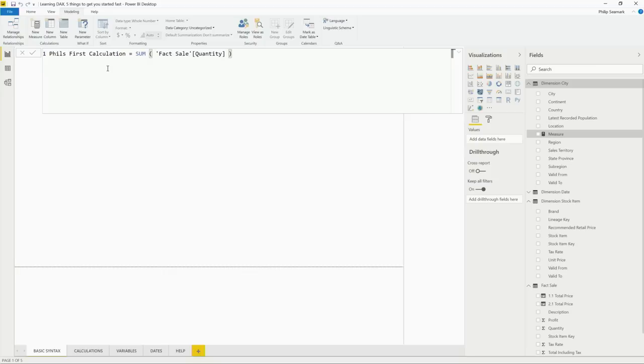Now there is one other element that we're going to be looking at today. You can reference a column or a table, but you can also reference another measure. We're going to be talking about this in more detail in the calculation section. To reference a measure, you use the square brackets, which is a little confusing because we're using square brackets with columns as well. If you're looking at someone else's code and you see lots of square brackets, it's not necessarily immediately obvious whether that object is a column in a table or another calculation.